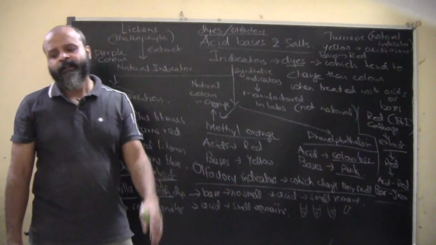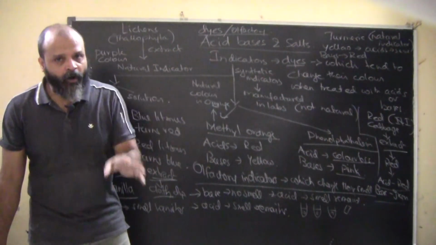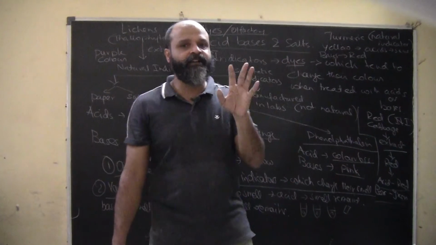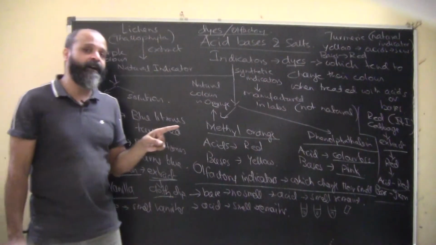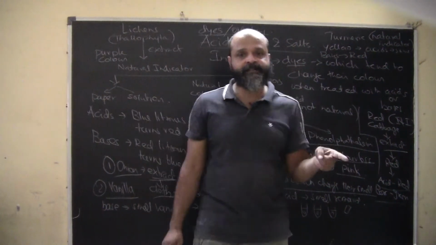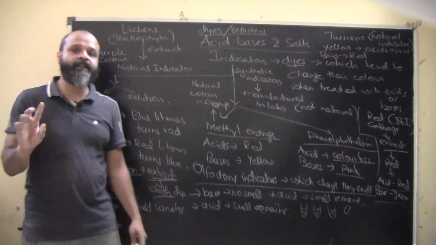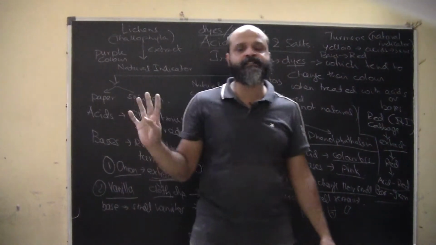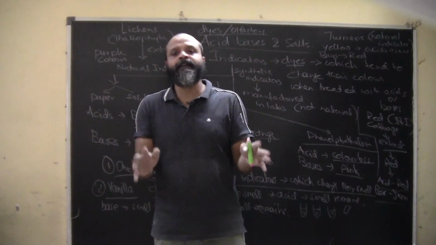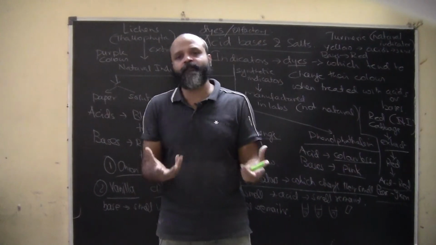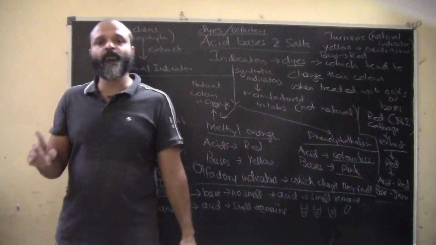So these are certain characteristics that we have about different indicators. With all these indicators, we can just identify whether the compound is an acid or a base, but we cannot identify how strong it is as an acid or how strong it is as a base, because it is just giving a change in color or a change in smell, whatever applies. So if we need to identify the strength of the acid or the base, how strong or how weak it is, we need to use